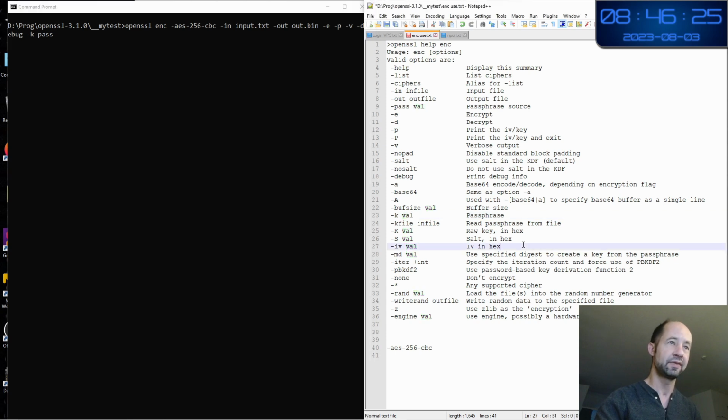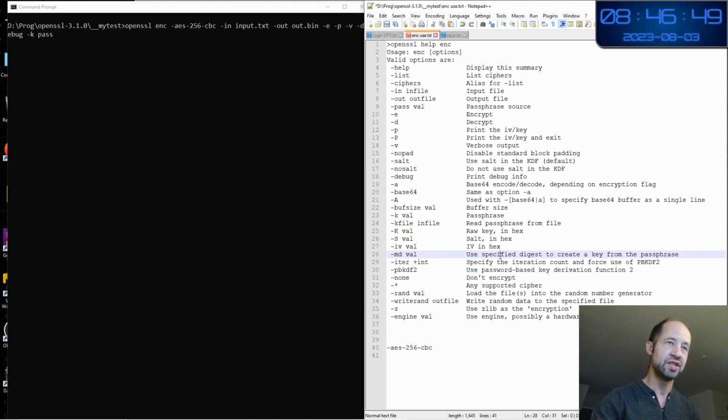Read passphrase. You can put an input file if you want a stronger key. Here I make this only for the demonstration with a small password. Raw key, salt in hex, IV in hex. So you can put your own IV, which is not interesting. I think OpenSSL should be strong enough to do it alone.